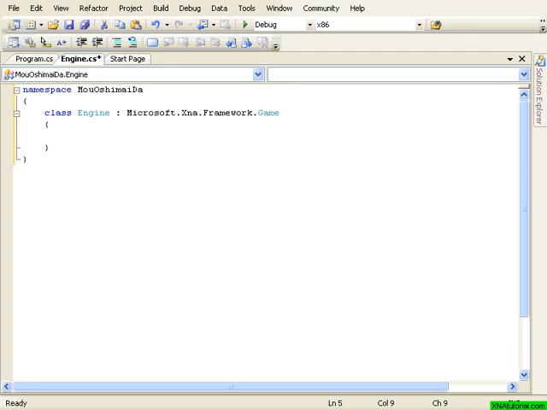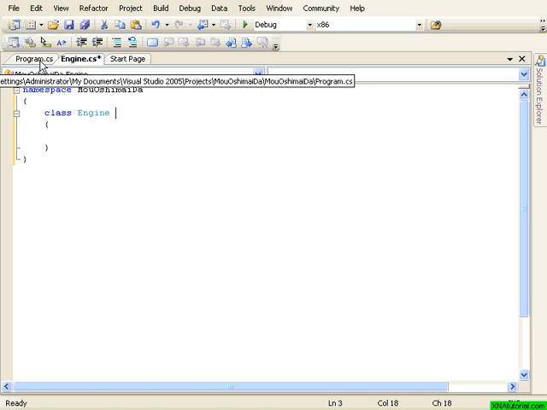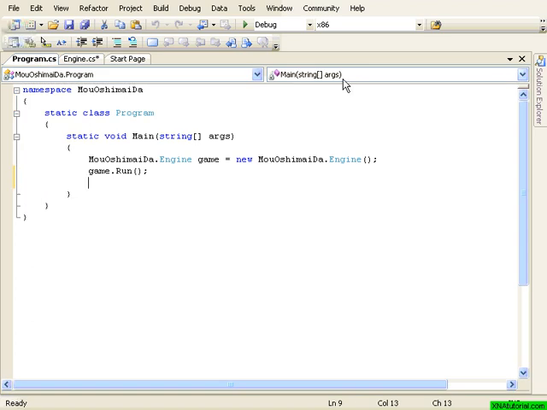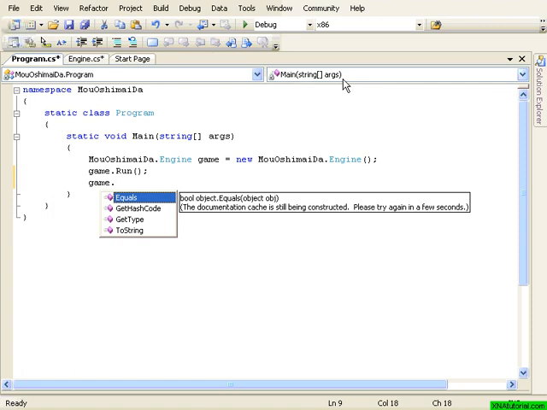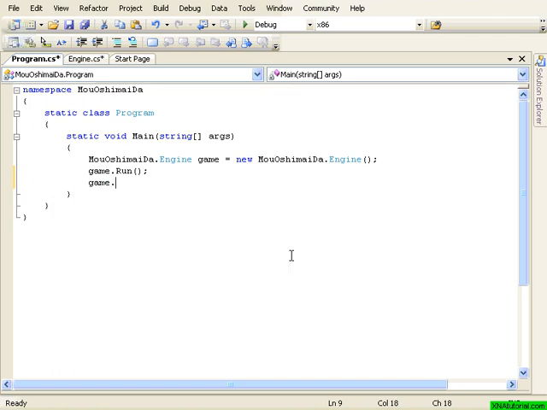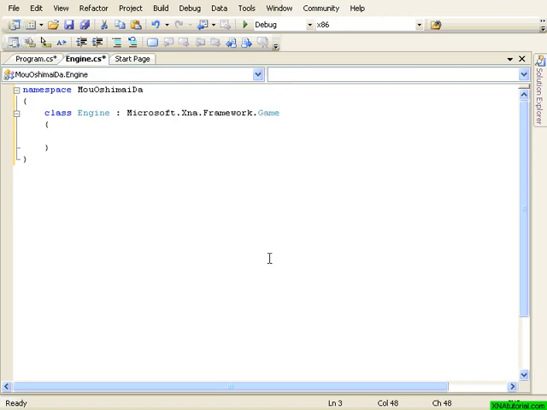I'll show you the difference. Let's say that we don't have this, and then I go to program. Now if I type game and hit a period, I have just four methods there. These are methods, you can tell, because they have the little pink box there. That means that it's a method. But we only have four. They're predefined by C#. However, if we go to engine and we inherit from game,